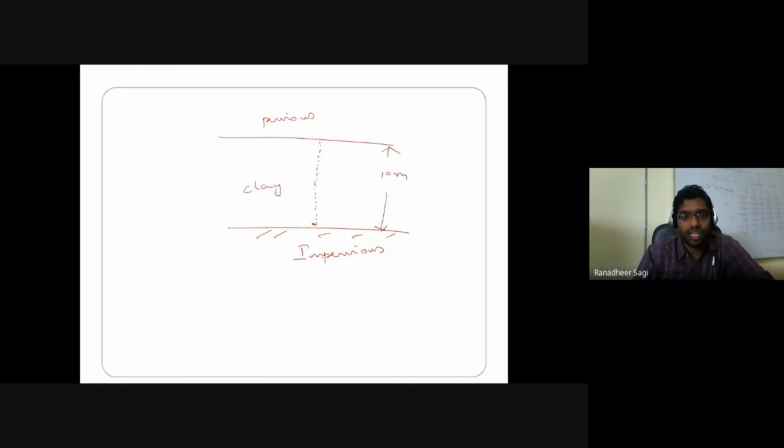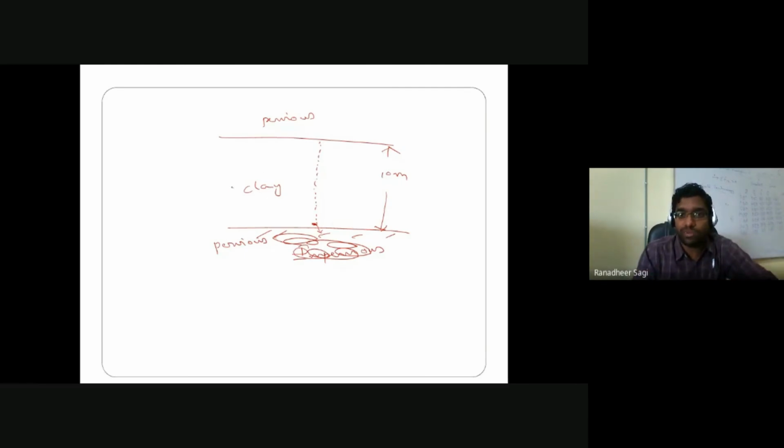Instead, if I have a pervious layer even here, instead of an impervious layer, which could be a sandy layer or maybe a drainage path, coarse grain soil, whatever is there. Now what could happen? The water particle which is here need not travel 10 meters in the upward direction. Rather, it can easily get dissipated by moving in the downward direction. Now what is the maximum distance the water particle is going to travel in the shortest path to reach the drainage?